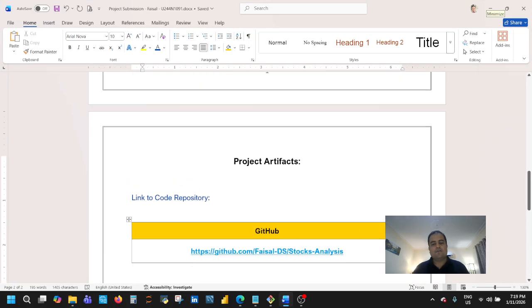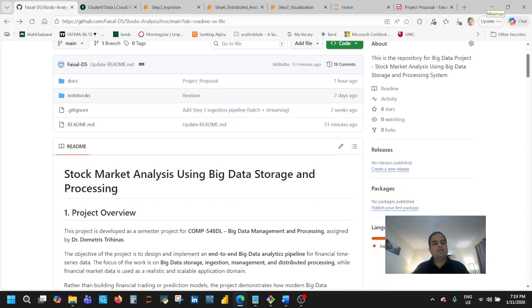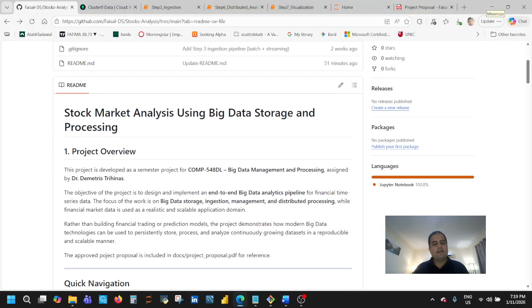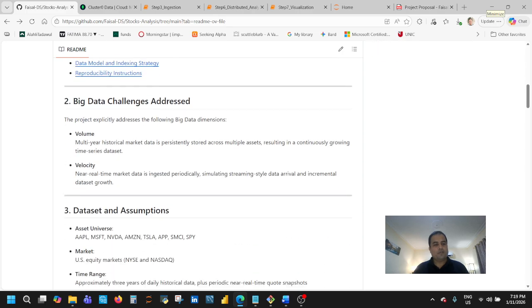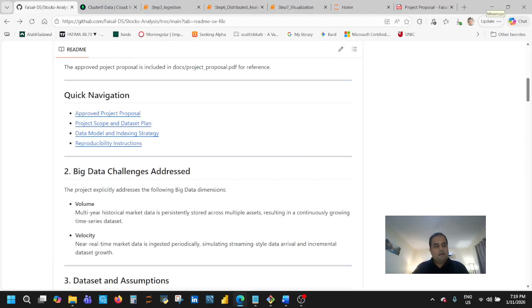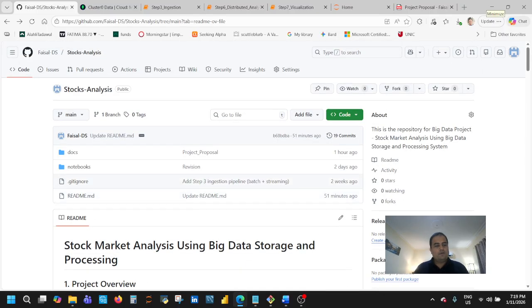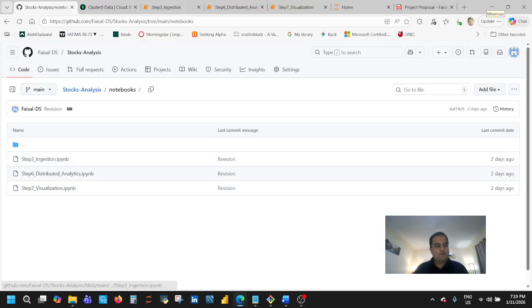So without further ado, if you allow me, I'll go to this GitHub repository, which is exactly the same link I've already opened here. This includes a README file, which has all the information about the project. It also has the notebooks which I have used in Jupyter for running the code for steps 3, 6, and 7, and I'll explain the steps later.